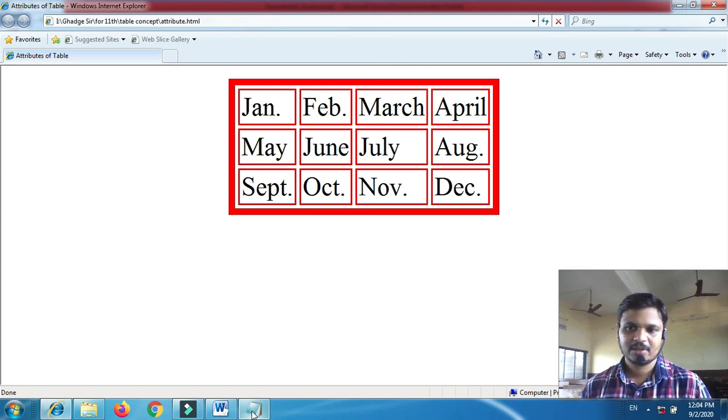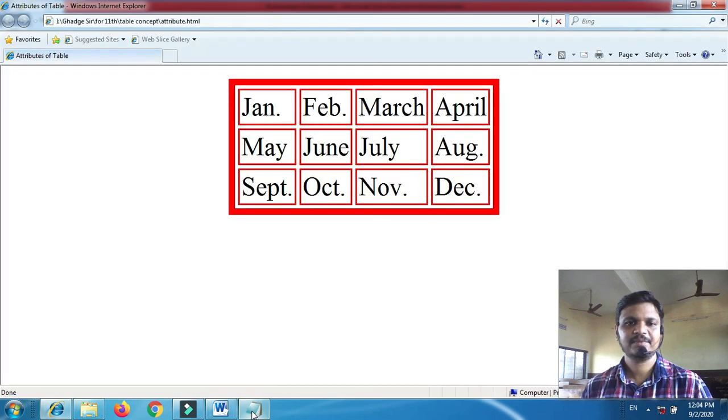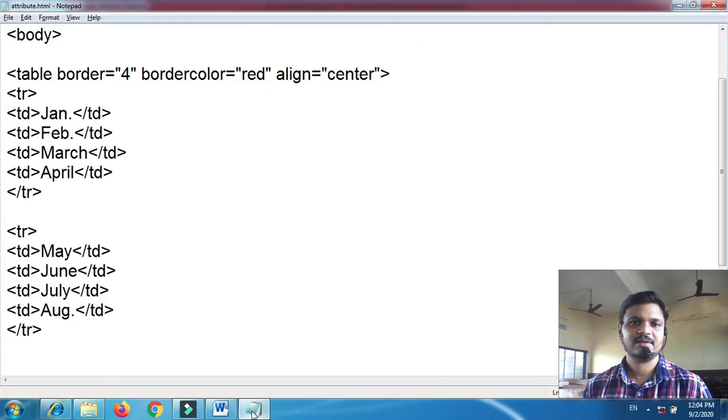If you want to give a color other than white, then you can put the BG color attribute is equal to a color value. Again, same like border color, it requires a color value, a color name or a hexadecimal color code.